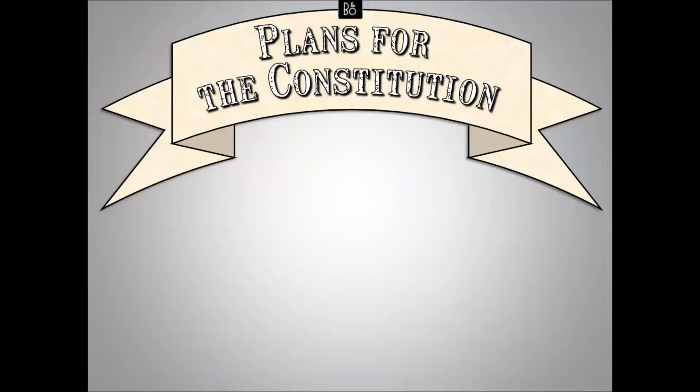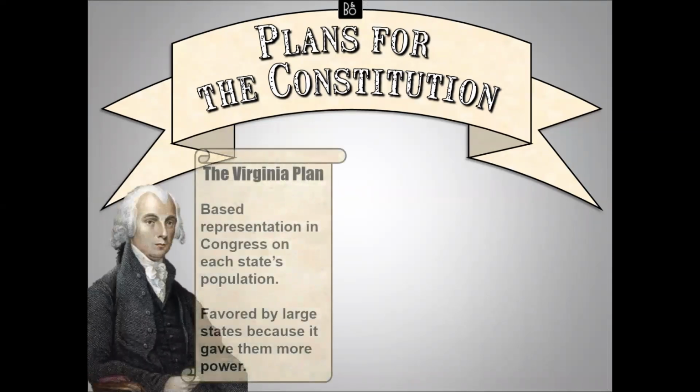So there's two different major plans for the Constitution. So Alexander Hamilton, he writes the Virginia plan. So it's going to be the first plan of the Constitution. There will be a Congress that will represent everyone, and elections for the Congress will take place. So you'll elect a representative for Congress. The bigger the state is, the population-wise, the more people it has in Congress. Due to Virginia being a large state, that would really be good for them, and they'd hold a lot of